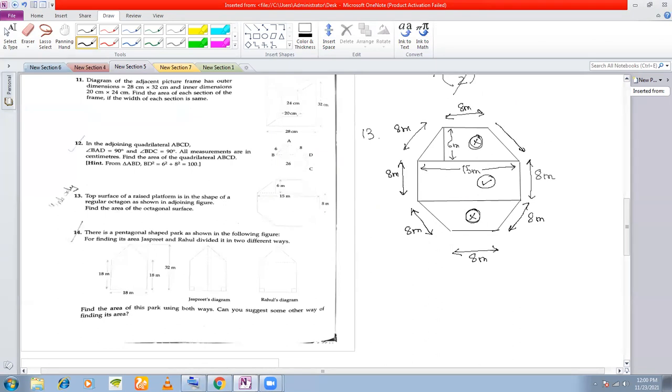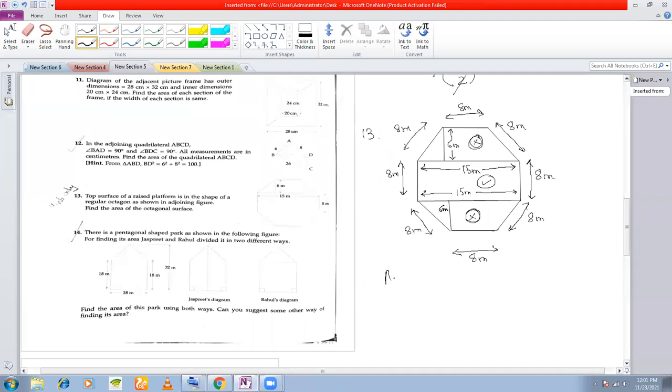And this is also 8. So all the sides are 8 meters, right? And also if you see, this is a rectangle, so this is also 15 meters. Opposite sides of a rectangle are equal. So therefore these two trapeziums have the same area, right? Because all the measurements are the same. So even here, if you join here, this will also be 6 meters, right? That is why these two trapeziums are equal in area.